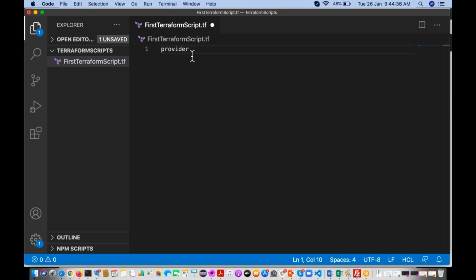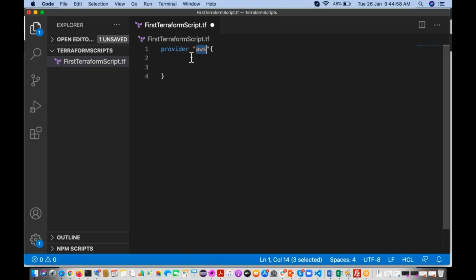Provider. So I need to use AWS. If you want to use GCP, mention Google here. Then curly brackets, open and close. The provider name you have to mention here.